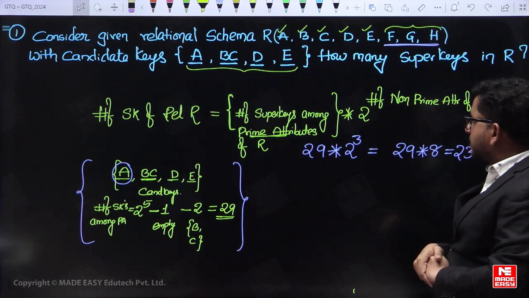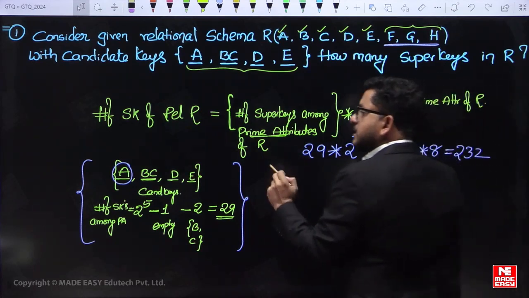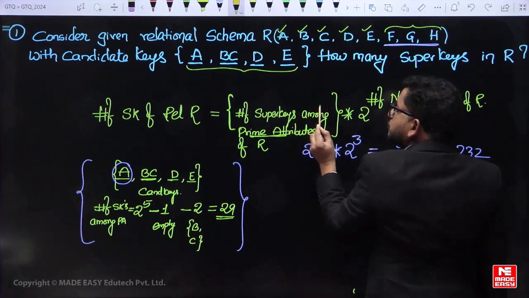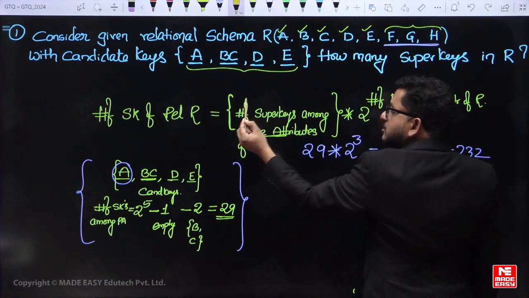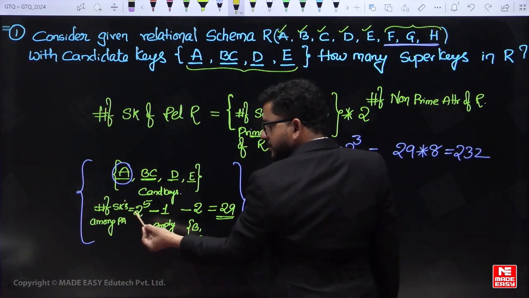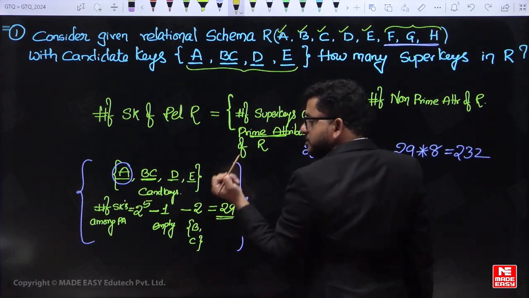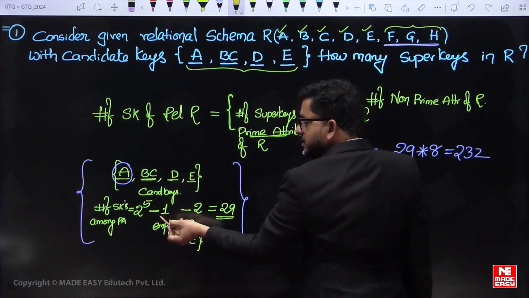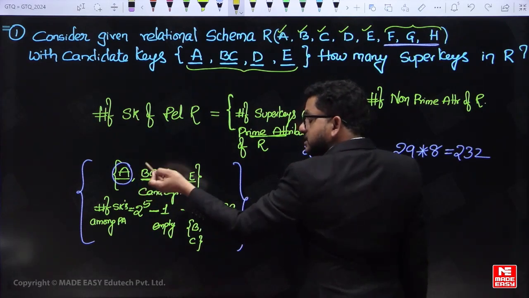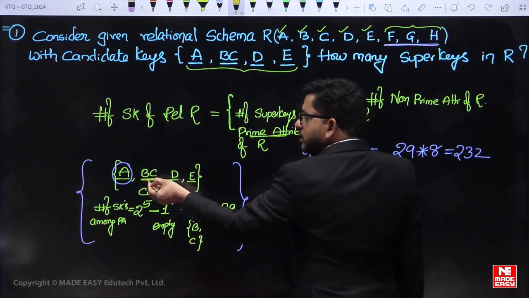So this is the way we can calculate the number of super keys of the relational schema: the number of super keys among the prime attributes multiplied with 2 power the number of non-prime attributes. This method is better if you are able to compute the total number of super keys of the prime attributes in less time. Not much time is required, because total 5 attributes are prime attributes, so 2 power 5 subsets, and the empty set is not a super key. So these are the 3 simple keys. Those 3 simple keys, if you combine with any attribute, remain super keys, and BC combined is one candidate key,